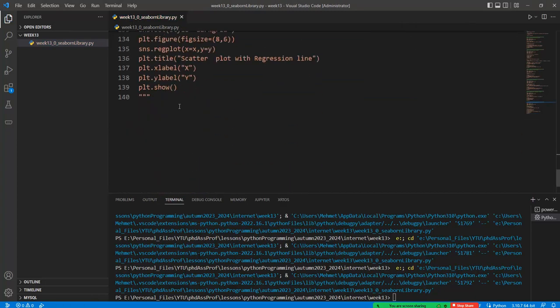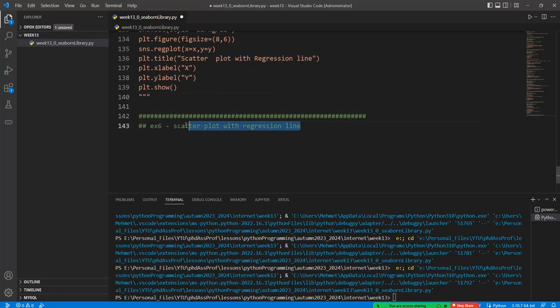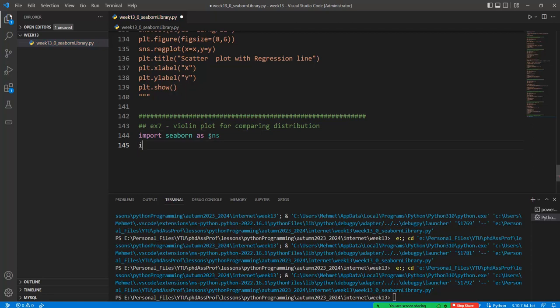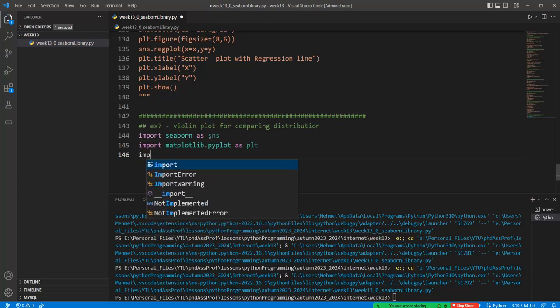Okay, especially for machine learning applications, you must utilize the scatter plot effectively in order to represent your data with this visualization technique, or data representation, in an efficient way. A violin plot should also be given here for comparing your distributions. For example, import seaborn as sns can be assigned here, and import matplotlib.pyplot as plt can be given here, and import